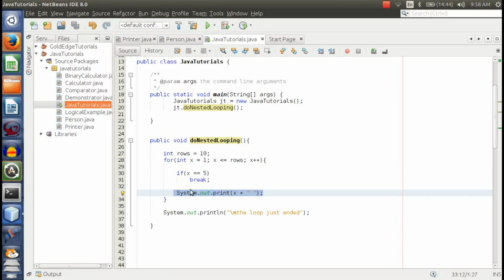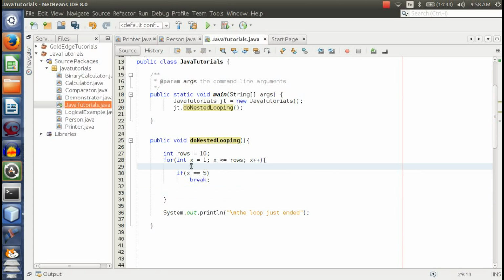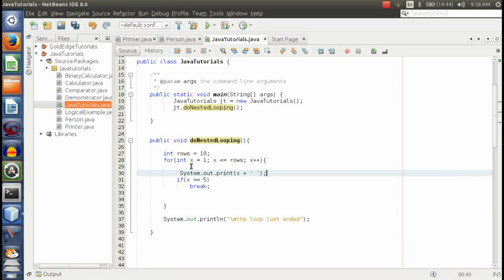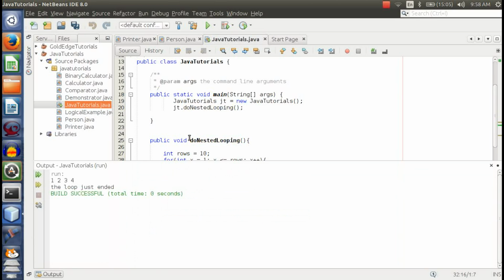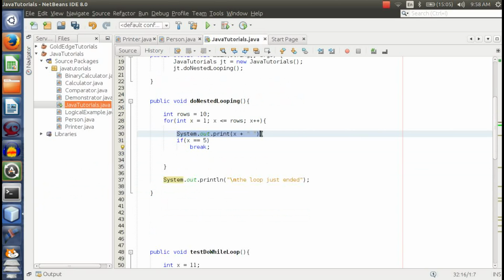But if we put this here, probably we should do this so that you see it clearly. If we put this here, what's going to happen? It's going to first of all print the value of 5 to show you that it actually gets into the loop, but it breaks only after this statement. So let's look at the output that we had earlier. You see that when it was down here, when we had the code like this,